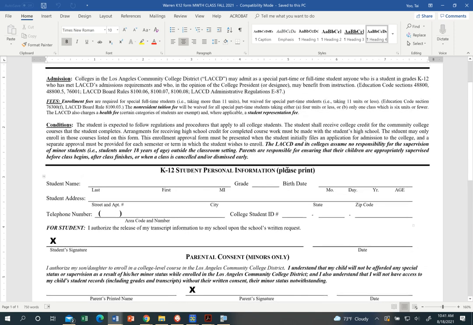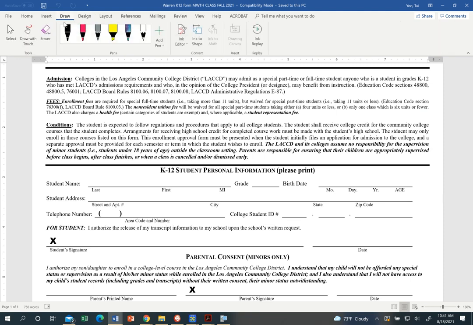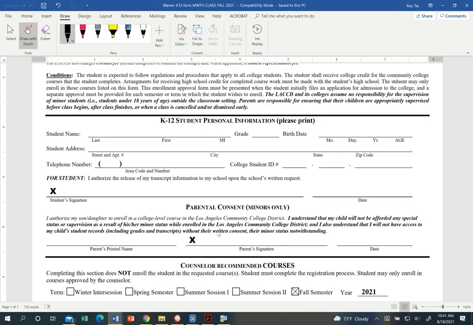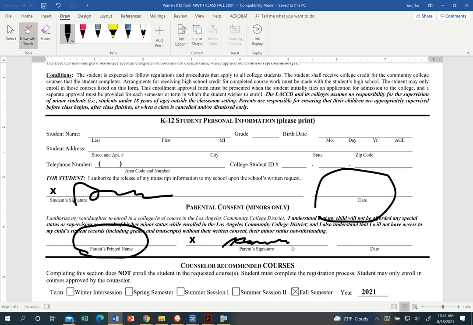All right, so this is the same thing. Everything should be typed. Okay, and if you have a Word document, the only part you should sign is right here. Right there. And then the date should be printed. And then the parents' name should be printed. And then you have your parents sign over here. Okay, now,